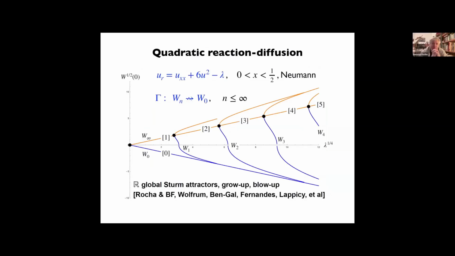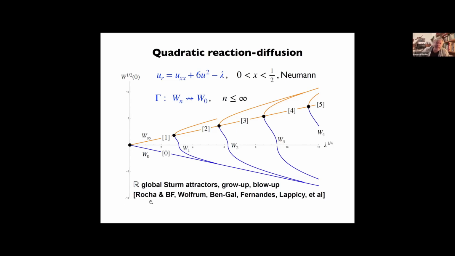Now let me pass to quadratic reaction diffusion equations, okay? I am drawing a bifurcation diagram of these solutions, and these solutions can be calculated explicitly, and solutions do blow up in finite time, as already Masuda discussed for lambda equals 0. And I have several references here for people who study blow up and grow up and so on in these